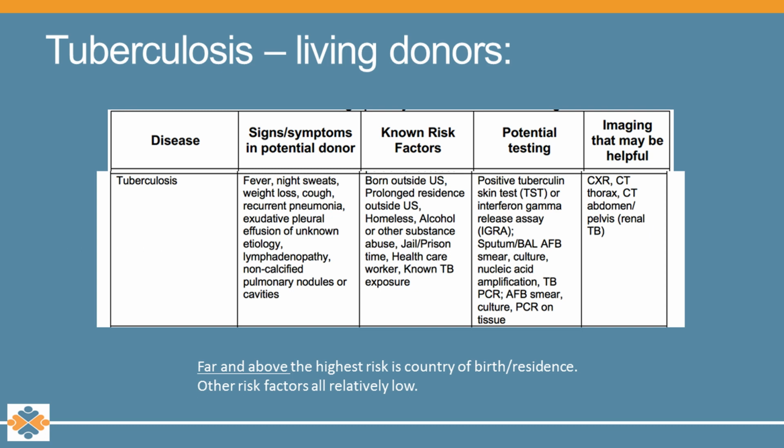Living donors with TB, you can usually figure it out. TB does have fairly clear presentations, but again, for the living donor who's well, TB actually exists in many, if not all, tissues, even for people who are in their latent phase. So understanding what the person's TB skin test or quantiferon is really helpful. Understanding where they grew up is probably the most important part. If I have a living donor who wants to donate and who looks completely well but actually grew up in South Africa, I'm going to be far more concerned than with a domestic donor.